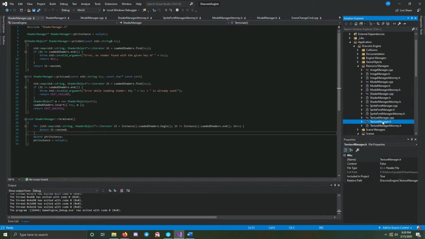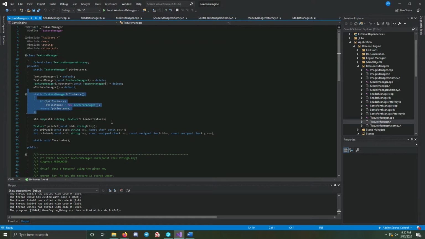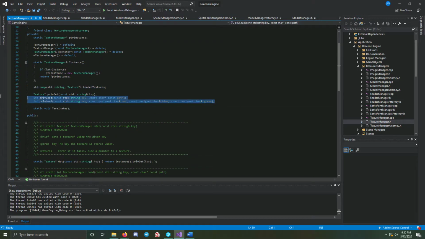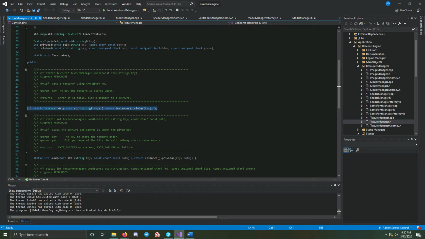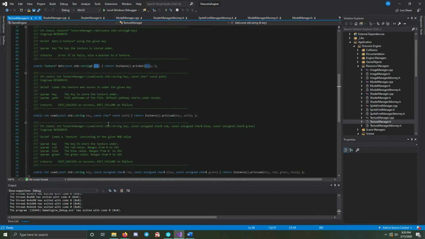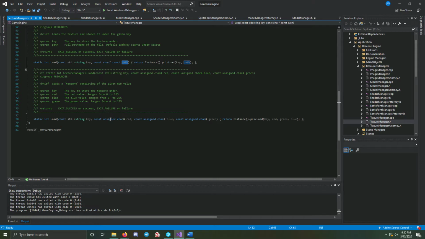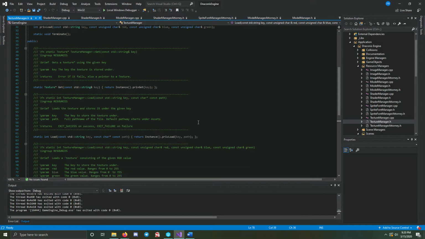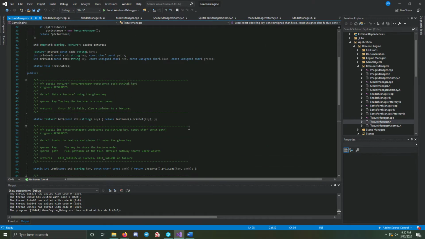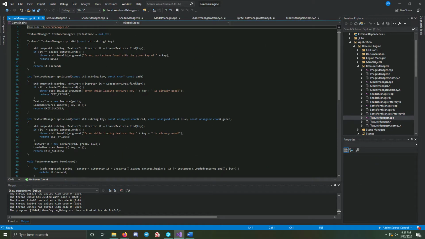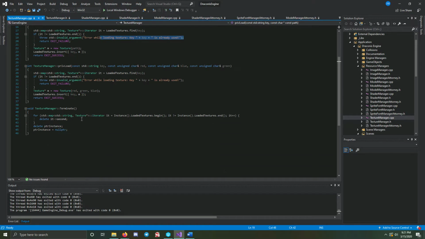Moving on to the texture manager. Singleton, we have a map, we have our three functions. We have a get, again, key, and then gets it from the map. We have our basic load, which is a key and then a path, so from a file. The texture manager, however, also has a unique load where it takes in a key and then you can give it custom RGB values. So in case you just want it to be purely blue, for example, you can load it up like that. And again, we're throwing quite a few errors if stuff doesn't add up and deleting everything